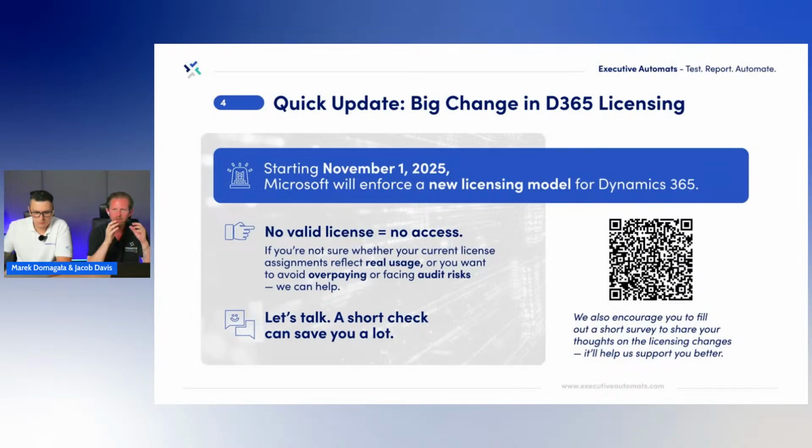This is with regards to licensing in D365. You mentioned roles and so forth a few times as it pertains to testing, but with regards to licensing, Microsoft and D365 are making some changes starting November 1st. September 1st, you'll start actively getting notifications for any employees or users who don't have a license assigned to them. So your administrators really need to be looking into this, and that's an area where we can help out